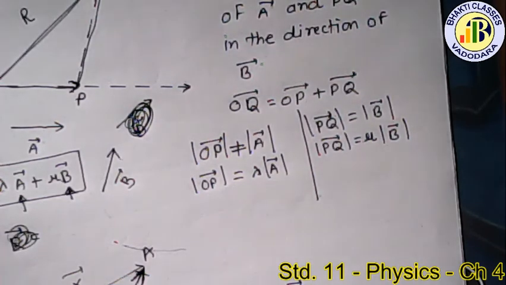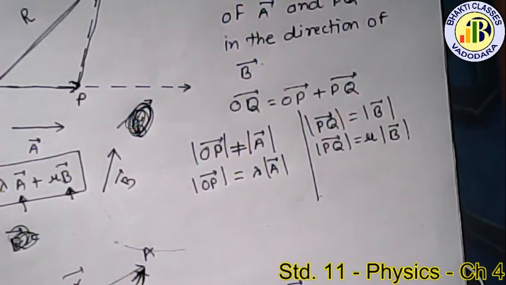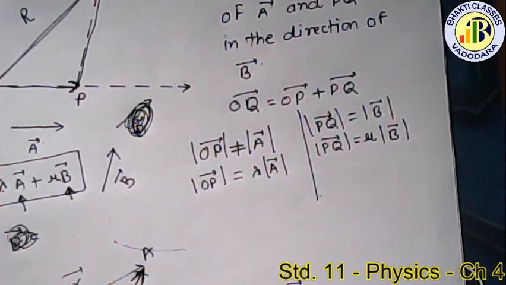I have drawn parallel to vector a line OP, and I have drawn parallel to vector b line PQ. Suppose OQ represents vector r. Through Q draw line parallel to vector b to meet the point P. From the triangle law of vector addition, OQ is equal to OP plus PQ. This is what we have just done. तो यह जो है वो यूनिक होता है. This is unique. So it is not possible to resolve differently in different directions. So this is called the resolution of vector.